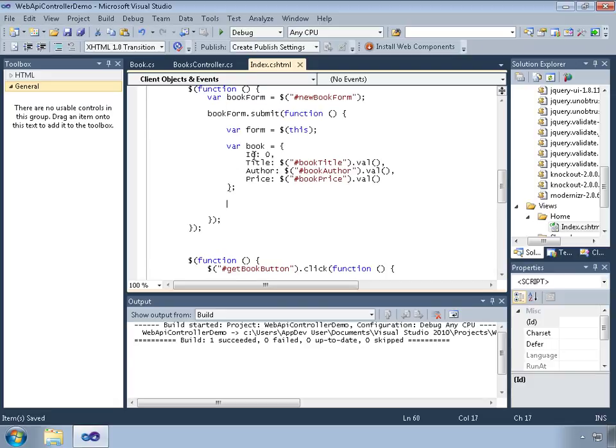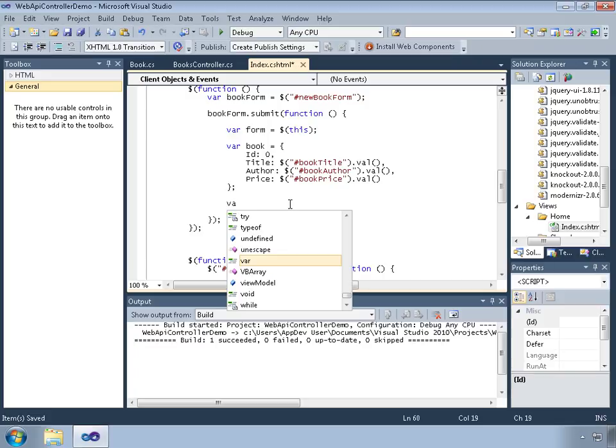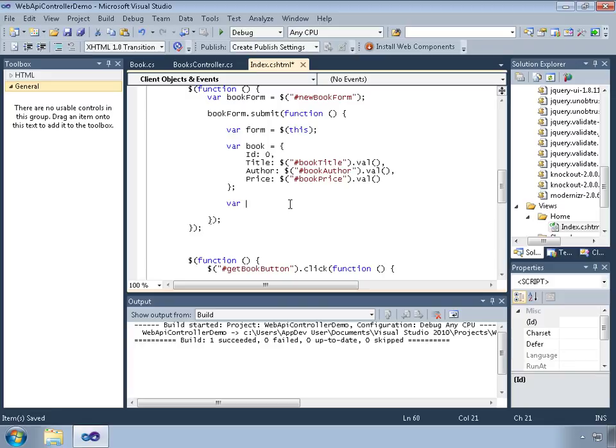Okay, so now I've defined a JSON book object. Just set the ID to 0 to have something in there. Pulled the rest of the values out of the form. If I had more properties and more form fields, then I would do that, but as it is, we're good. Now what I'm going to do is put this in a format that Knockout and my web API are going to understand. And so I'm going to create a version of this book that they can understand,